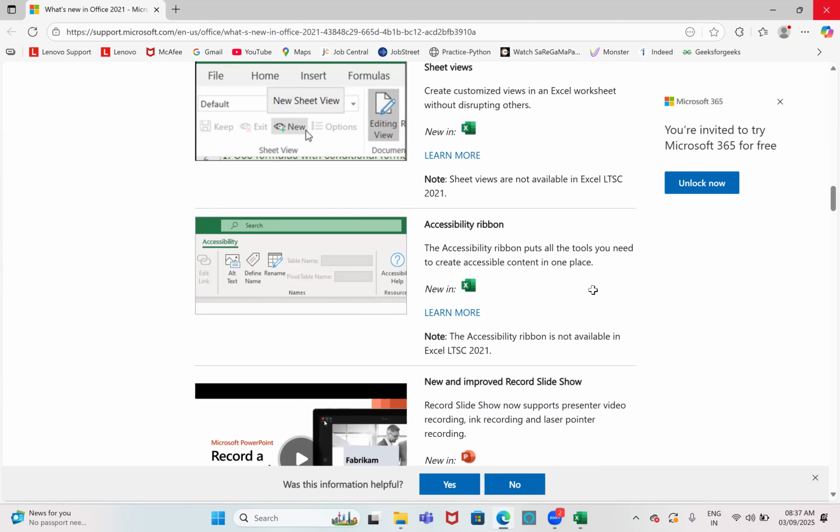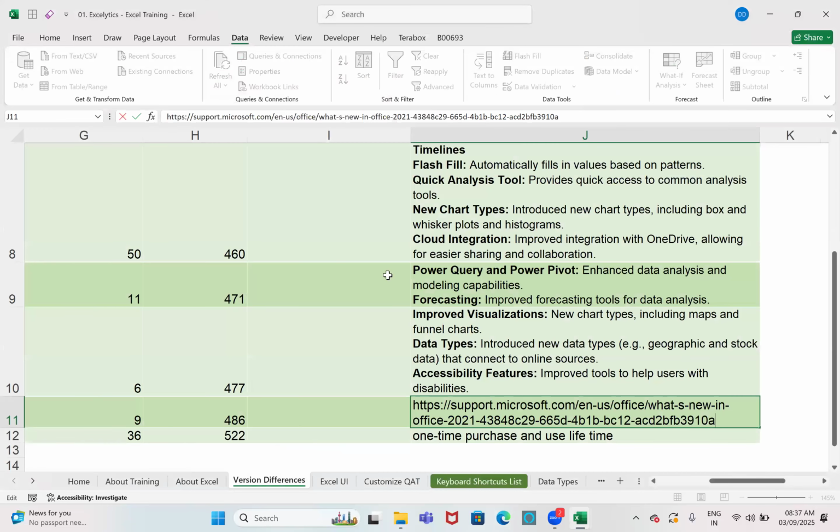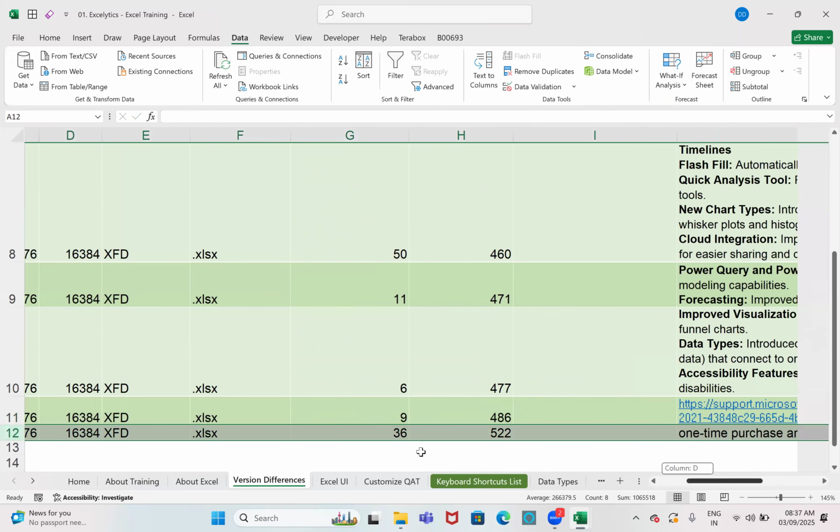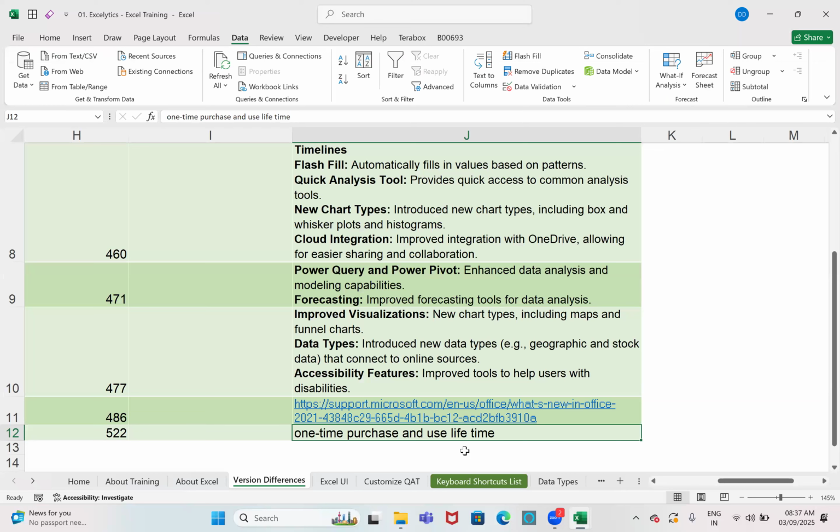And then coming to Office 365, you will have all these features. Apart from that, this is a one-time purchase and lifetime use. So when some new feature is added, you need not purchase a new application and install.